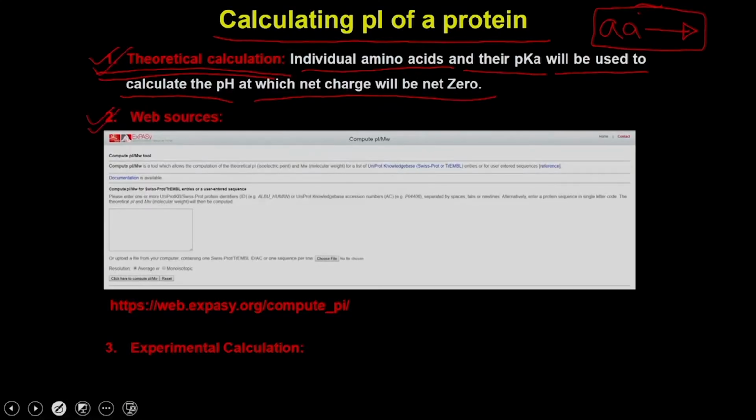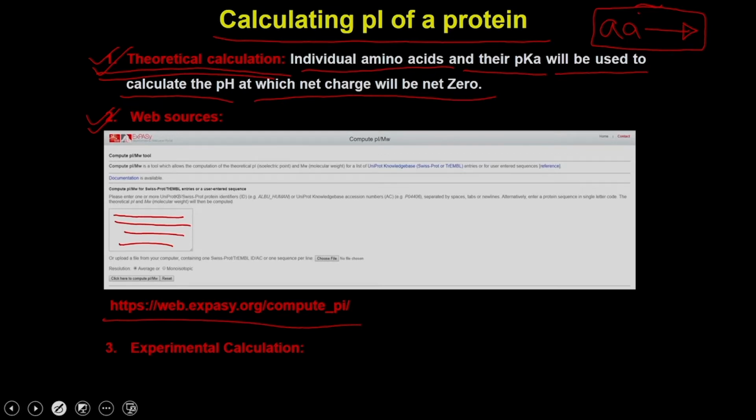or you can use some of the web servers. For example, I have given you a link so that you can actually go and put in some amino acid sequences and know what the isoelectric point of that particular protein will be. Once you go to this link, you just copy and paste your amino acid sequence into this box, and then you ask the web source to